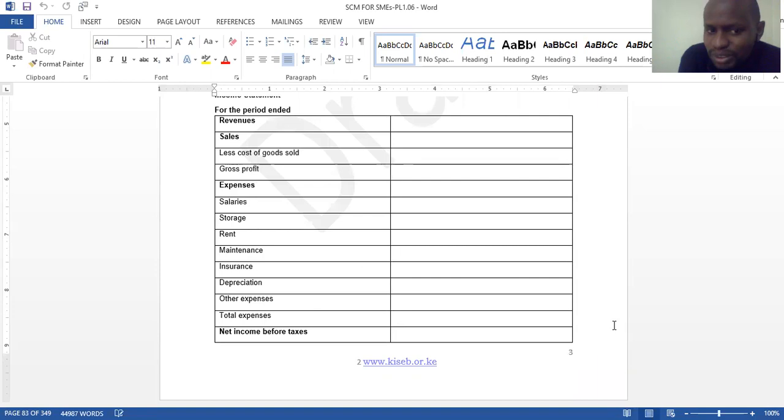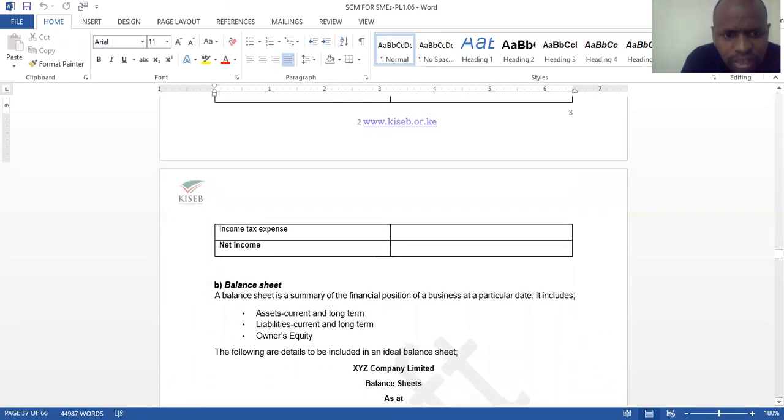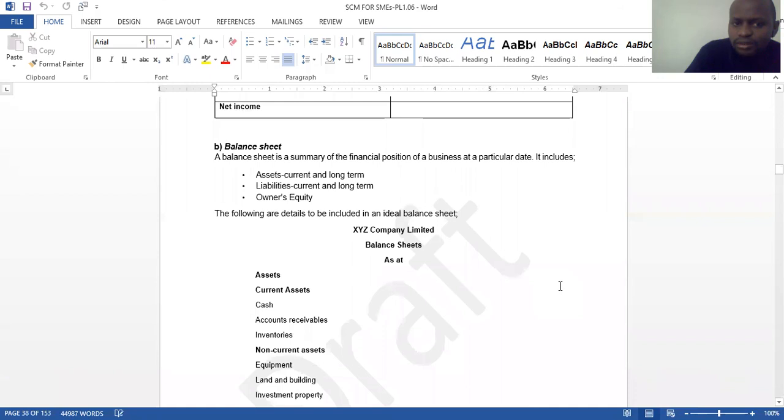Then you less your expenses. And the expenses here can be salaries, storage, rent, maintenance, insurance, depreciation, other expenses. Then you get the total expense. Then after you less the sales together with the expenses, you get the net income before taxes. Then you have income tax expense. And then after you less, you get the net income. So that is a summary of the